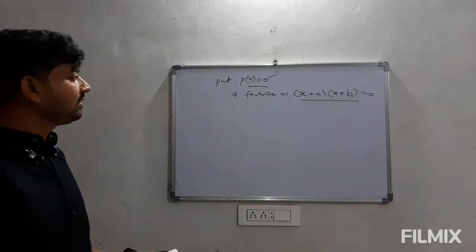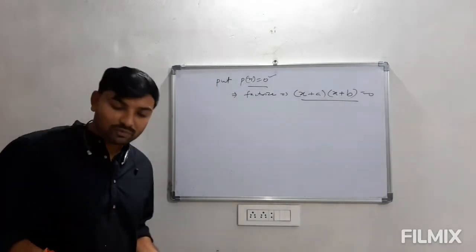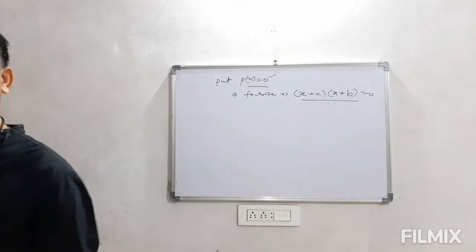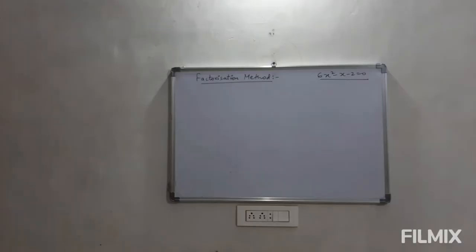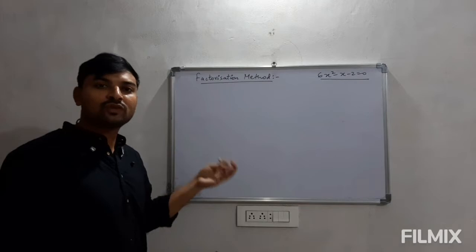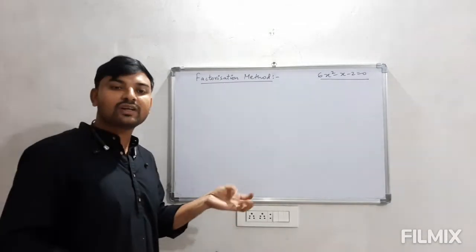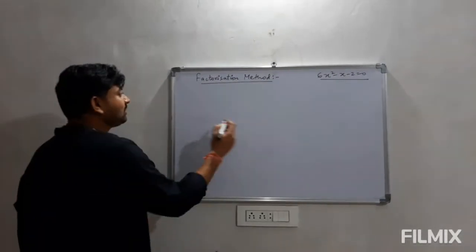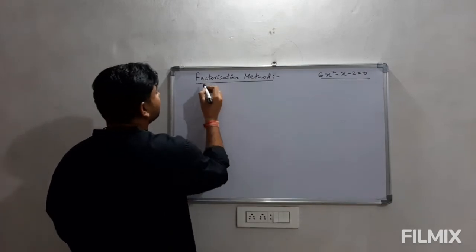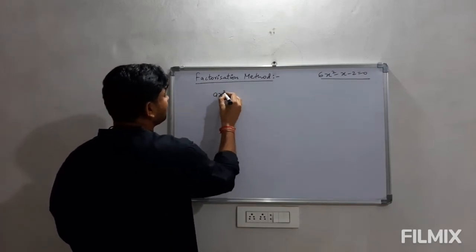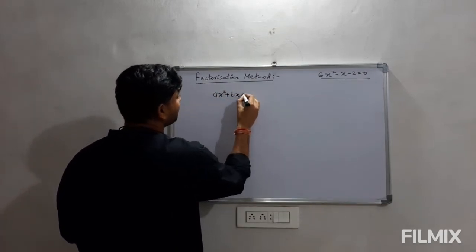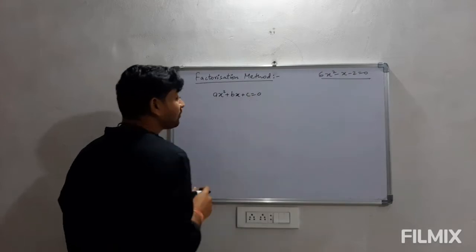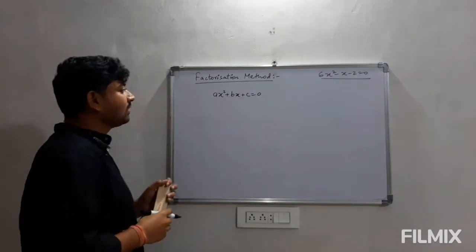So now one by one I will be taking up the different methods of solution of quadratic equation. Let us start with the first method. Out of those three, factorization, completing the square and quadratic formula, I am starting here with the factorization method. To explain this method, I will be using the standard form of the equation, that is x square plus bx plus c is equal to 0.